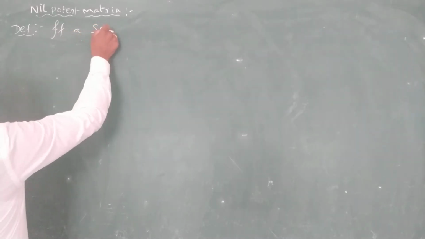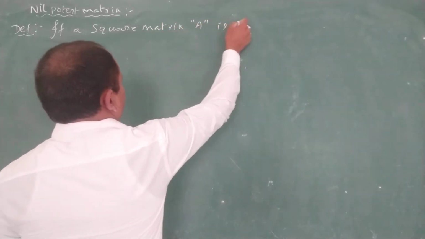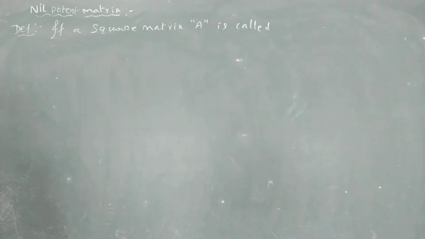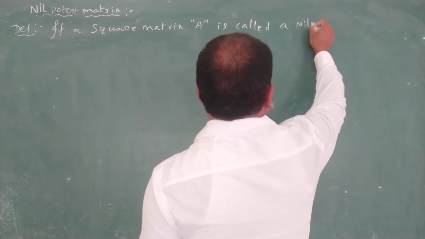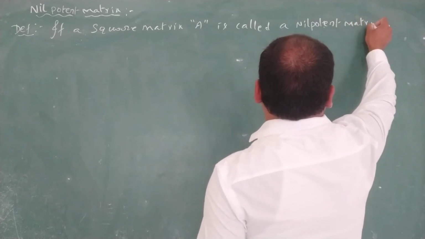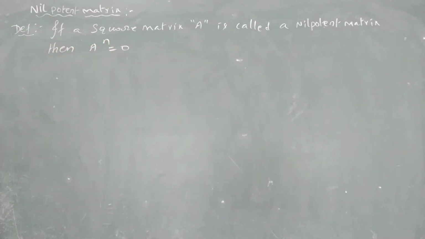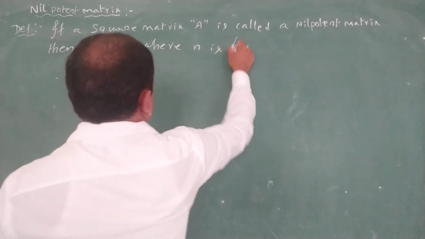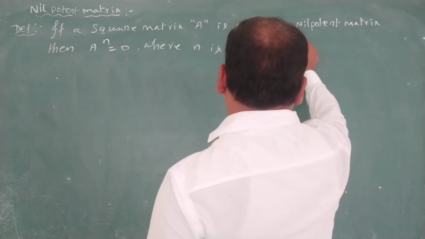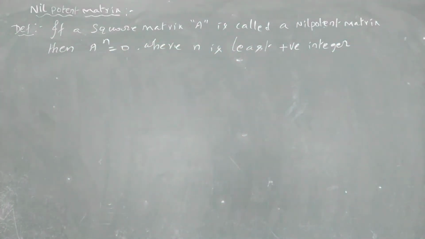If a square matrix capital A is called a nilpotent matrix, then A power n is equal to 0, where n is the least positive integer, where n is the least positive integer is called